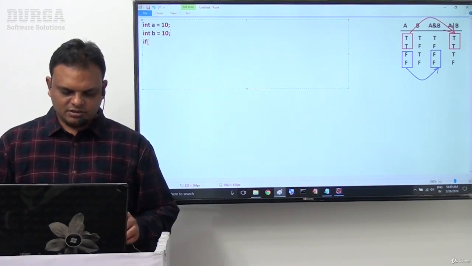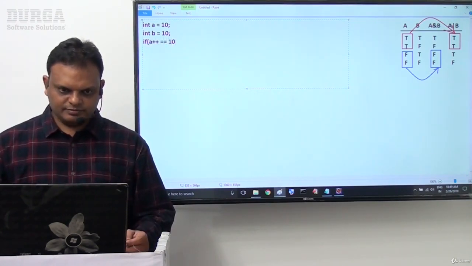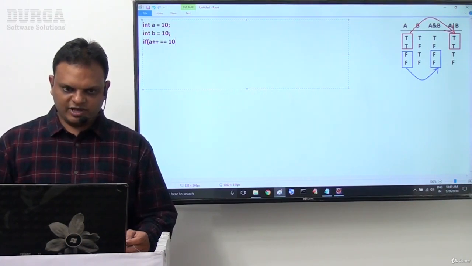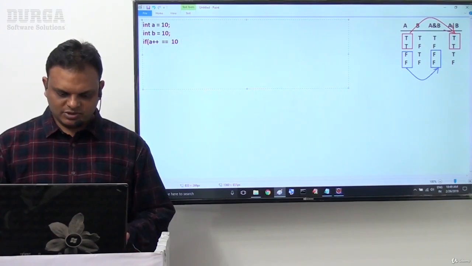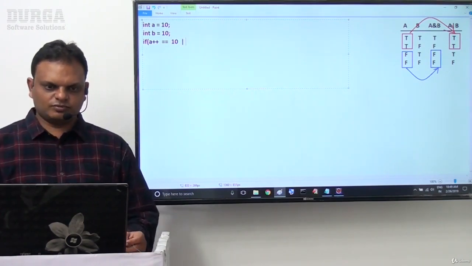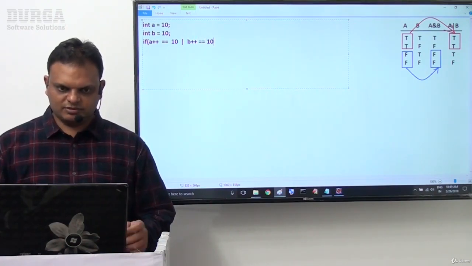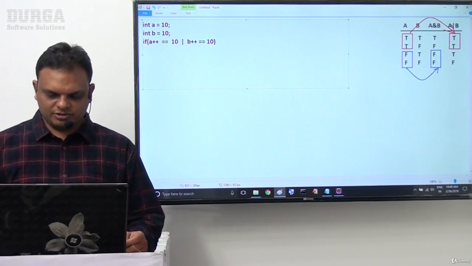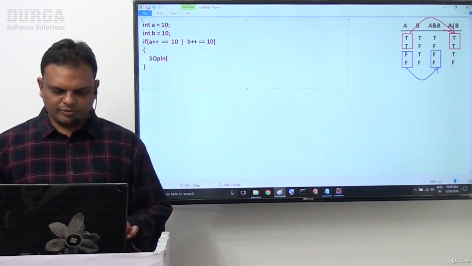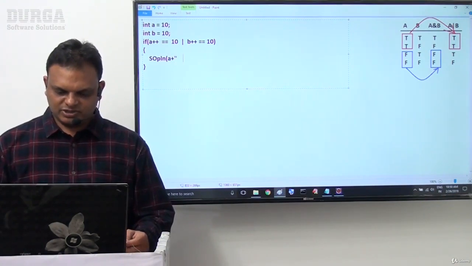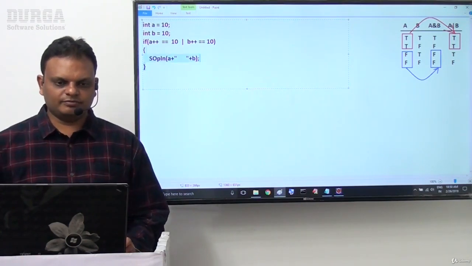Next one is, if (a++ == 10), single OR, I want to use b++ == 10. If it is an expression, now inside this, what I am trying to do is System.out.println(a + " " + b). Both the values here I am trying to display.